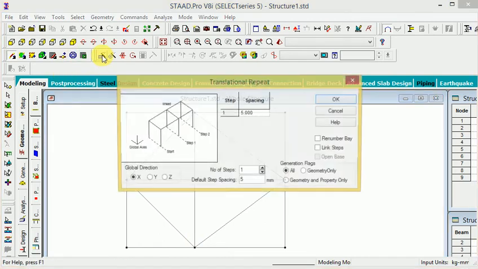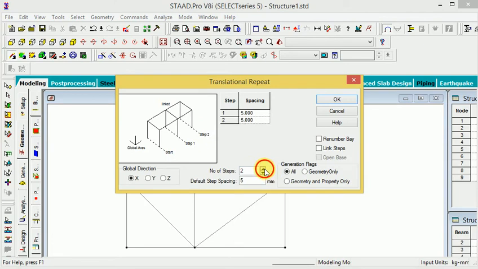Now again use pattern here, step 4, and we will provide the distance of 1900. The same distance I will provide, 1900, and again here 1900. So between 3 steps, apply the link step.